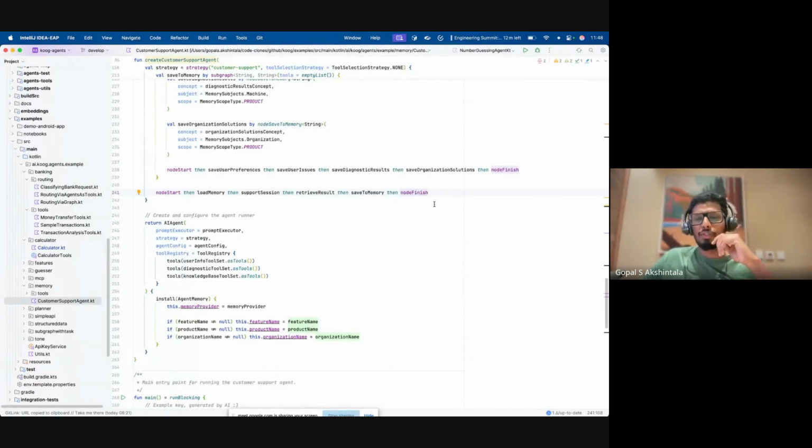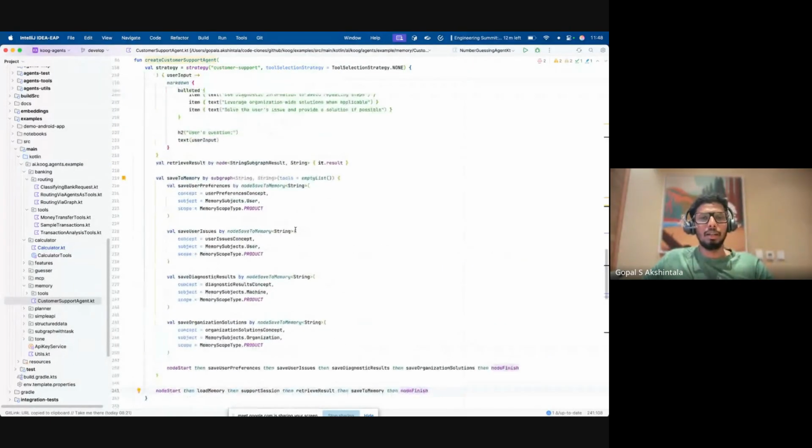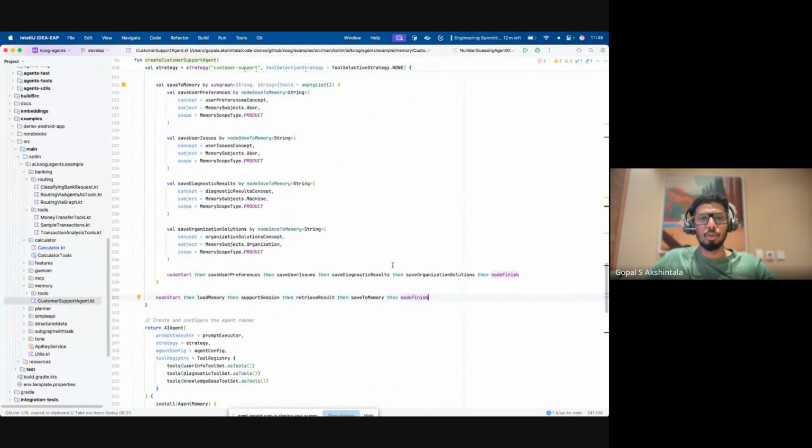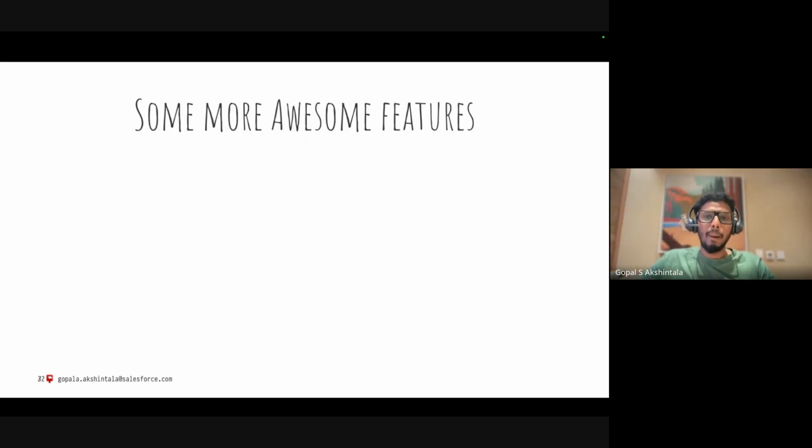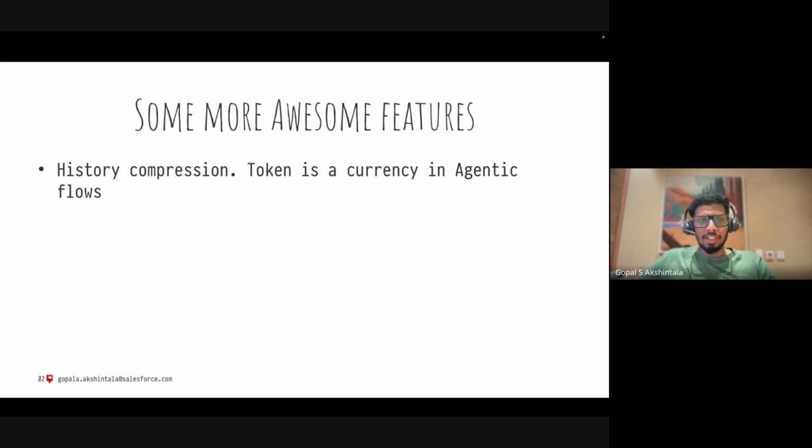So that is the kind of thing that you can build, because now you also have in the framework something where you can store things and then use them back in the conversation. And some more awesome features: history compression, we have talked about it. And vector embeddings are also supported. I'm not going into depth, but it's all about how you store those large